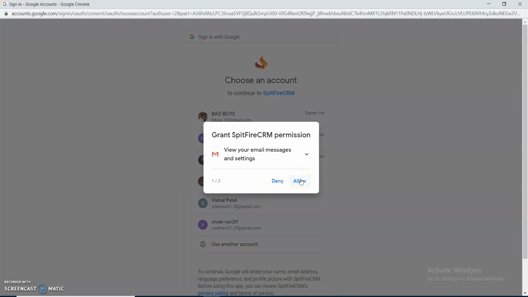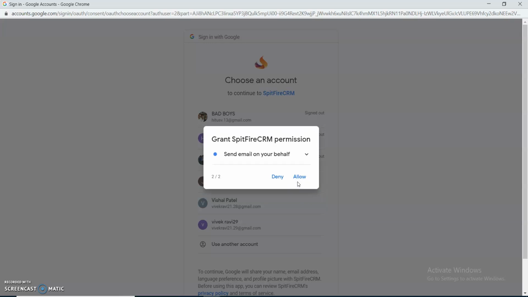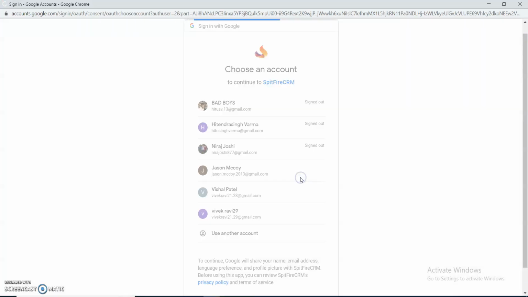So you can see it asking for only two permissions. The one is to view emails and the second is to send emails. So we have used only two scopes. One is for sending and another one is for receiving.